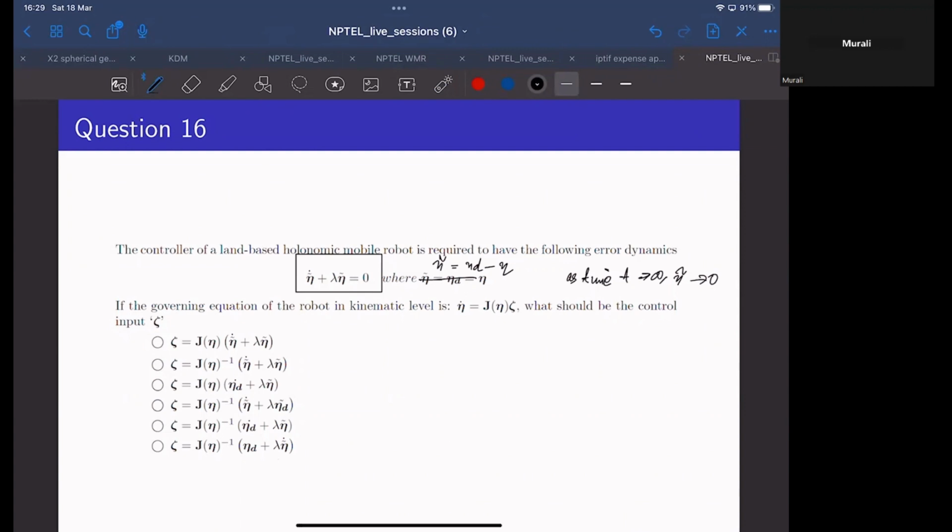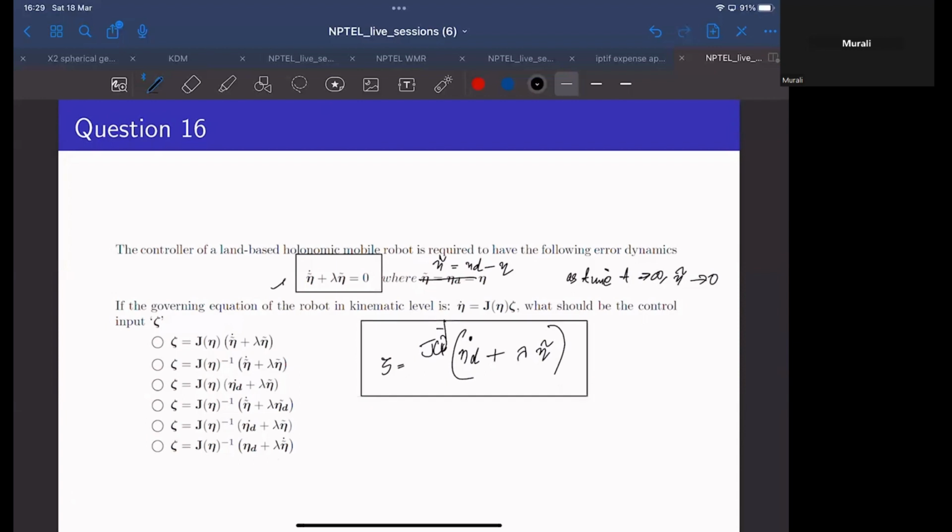As per the computed velocity control law, the correct option would be zeta equals some feed forward term, eta desired dot, plus lambda eta tilde. And to convert everything back to the body fixed frame, we will also have a J of psi inverse term. So the outcome of this requirement,